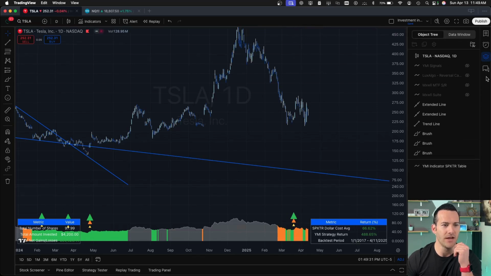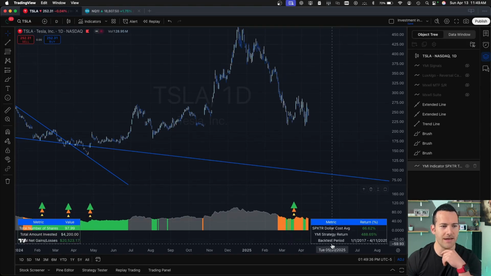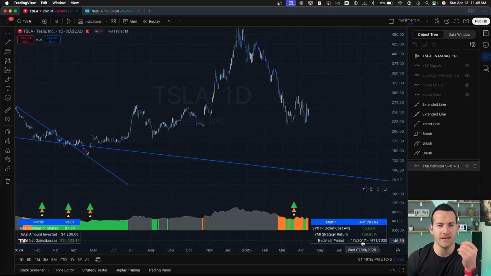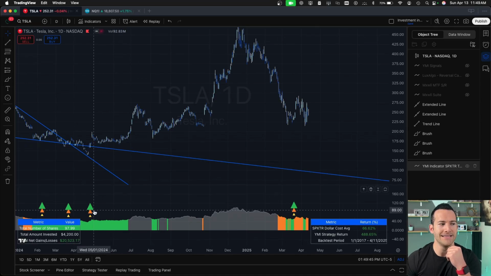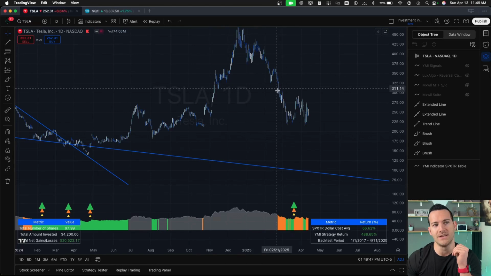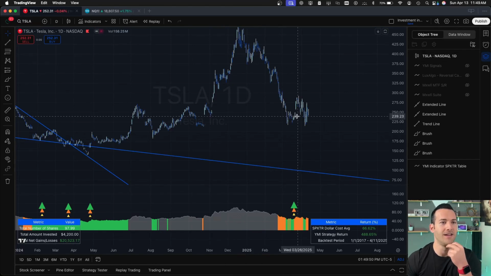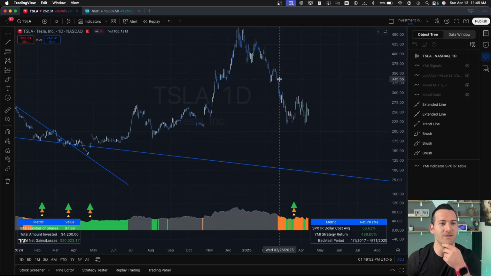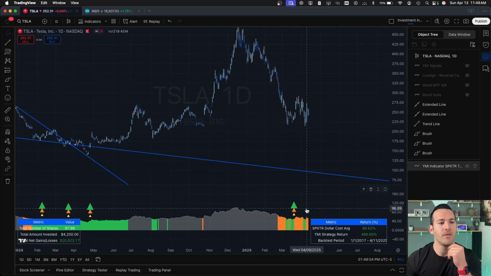And with this table here, you can see the metrics of what your returns would have been over any given period of time. For example, if we looked at Tesla and we had bought on these signals, again, not selling, meaning we hadn't even sold as Tesla has pulled back almost 50%, we would not have been selling. But still, based on this, if you started buying with these signals on January 1st, 2017 till now, you would